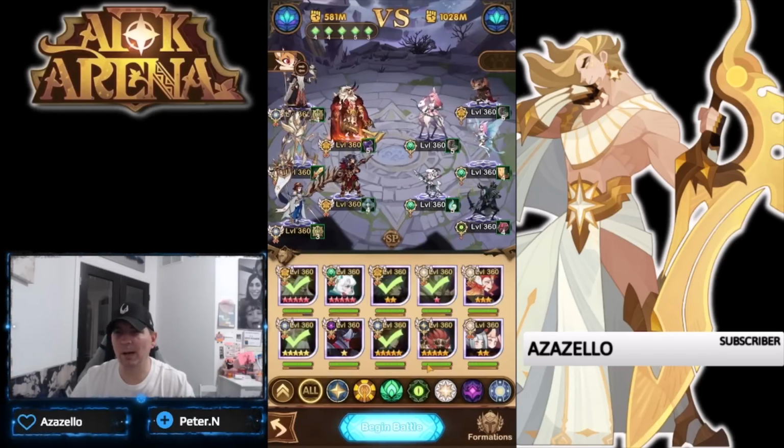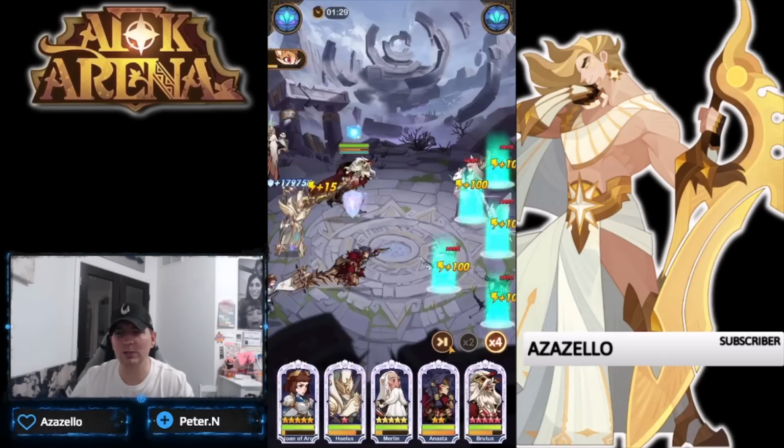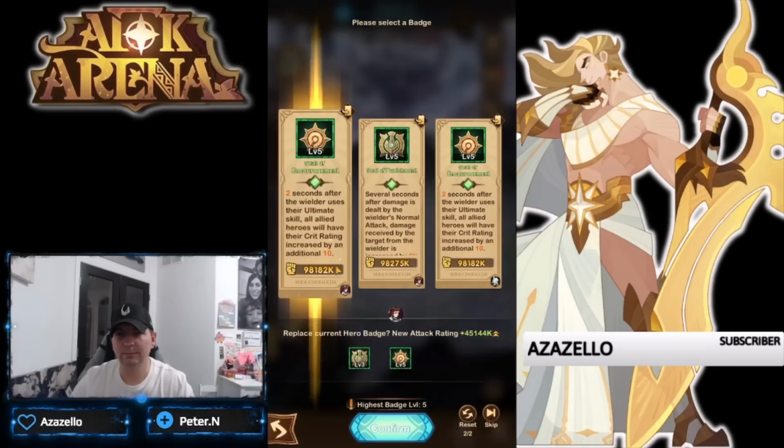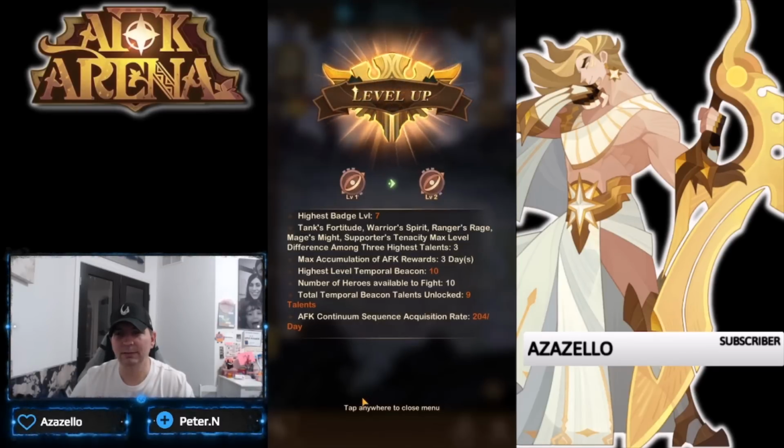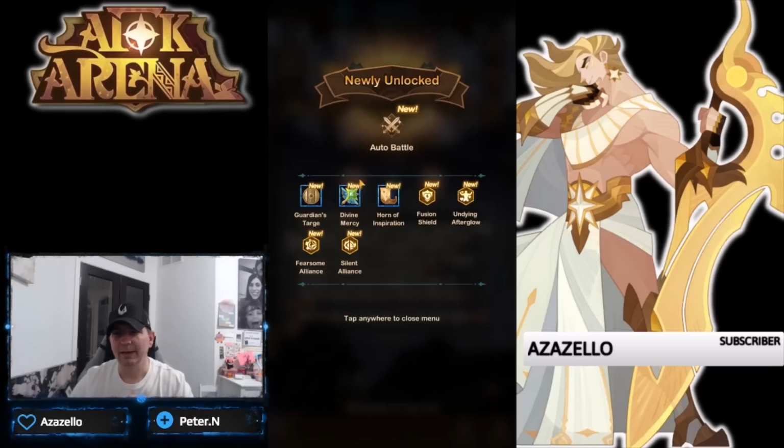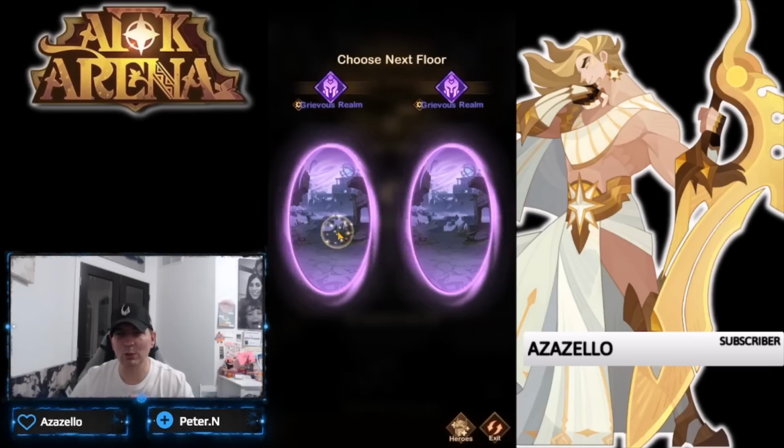Be able to level up a couple more beacons. Got those level 5 badges. Go, Joan goes from 3 to 5. Boom, level 2. There we go. We got some new badges in there. Got some new,